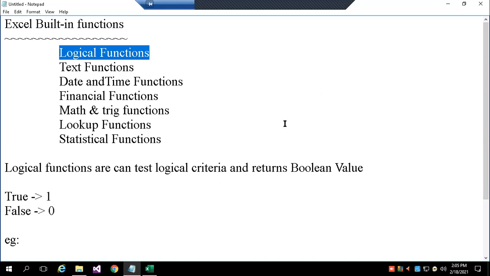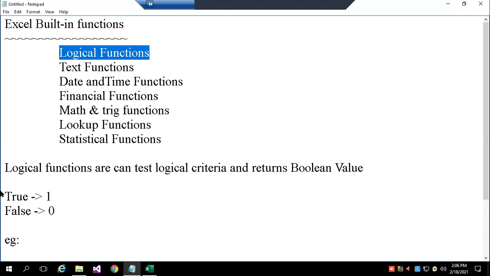Okay, so we begin with the first part, logical functions. Logical functions are based on a logical test. For example, I want to compare a cell value to some particular range. If it is satisfied, then I want to do some calculation, or if not satisfied, I want to perform some other action. So based on a condition, you would like to write values in the cell. First you have to test the condition. That condition we call criteria, or a logical test.